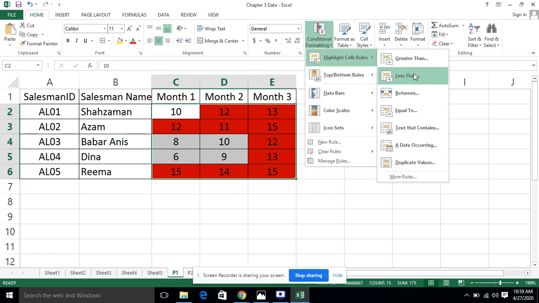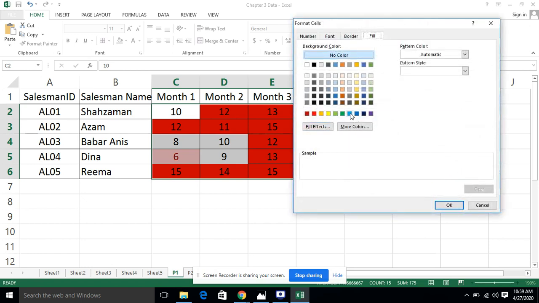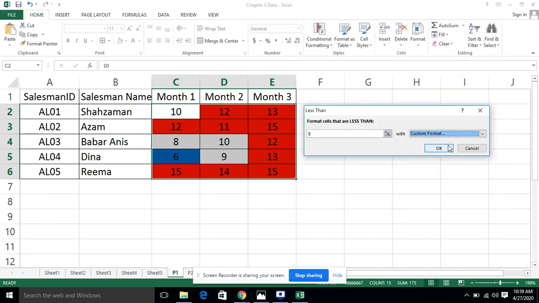This time we will go to highlight cells rules, less than. Less than what? Less than 8. We are going to select custom colors, and we will select dark blue color. Whatever dark blue color you find, and we will say OK.